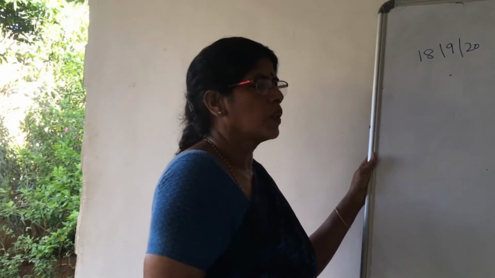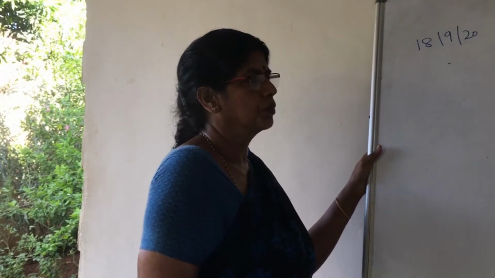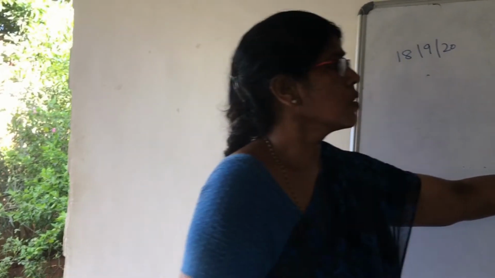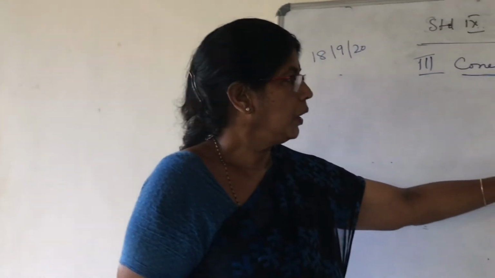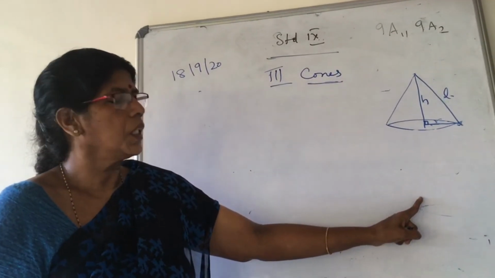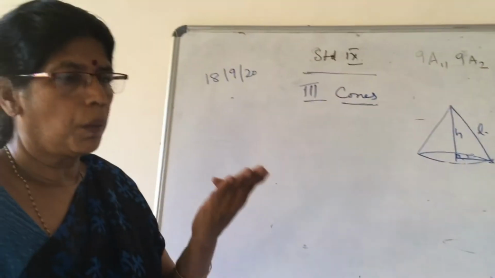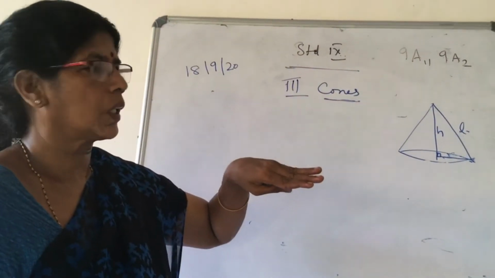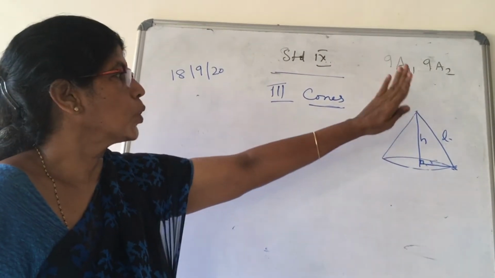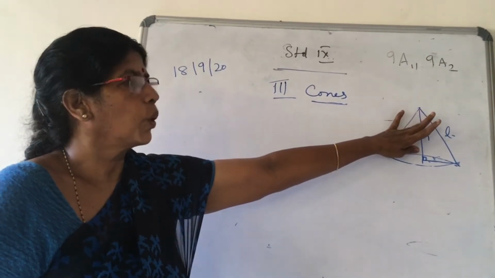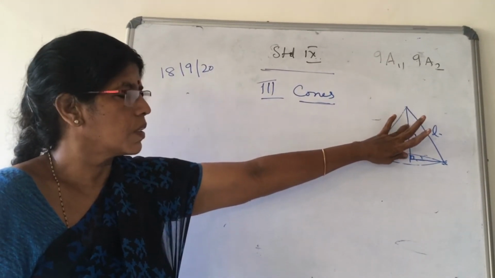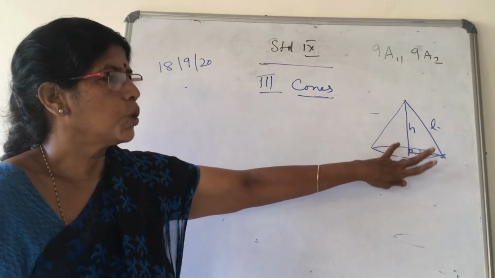Is there any difference between a cone and a cylinder? A cone has only one circular base and the other end is a tip. Whereas a cylinder has two circular bases, the base is a circle, the top also is a circle. But for a cone, only one base. There is no top. The top is a pointer which is called the vertex. Example, circus tent, ice cream cone, joker's cap.